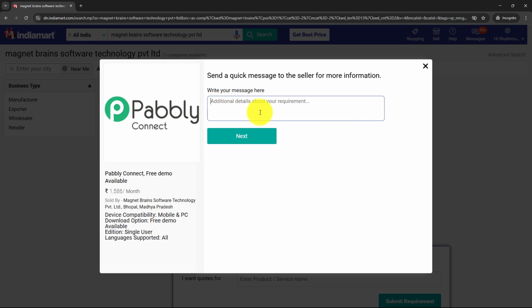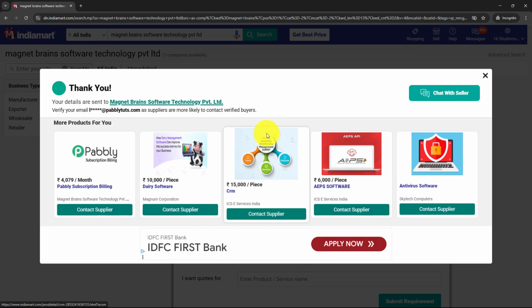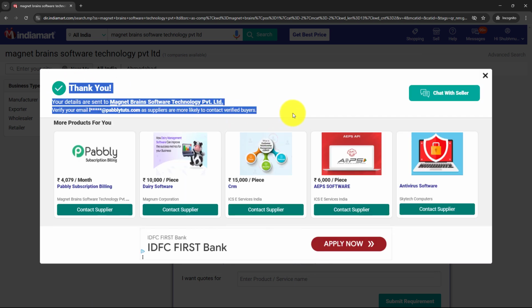Now over here in this box, I'm going to enter my query. So let's say my query is: Hello, I'm looking for repair services for my refrigerator. This is the brand with the issue of not cooling properly. Could you please provide availability and pricing details? Waiting for your reply. Thanks. Now I'm going to click on this next, and as this field is not a required one, I'm going to click on submit. Here I've successfully submitted my query, and all these details should be captured in my Pabbly